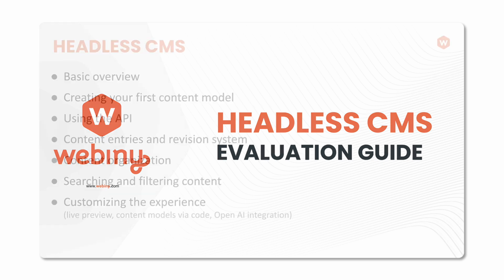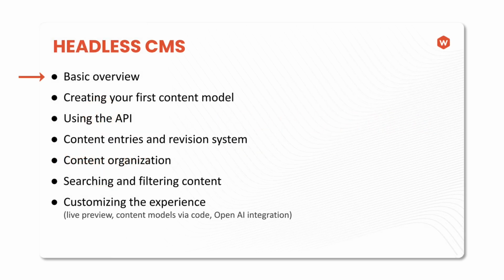CMS. We're going to start with a basic overview of the product, as well as create our first content model, just so you see how that experience looks like. Once we have the content model created, we're going to go over how you use the API, because creation of a content model expands that API. After which, we're going to create some content entries and look at how the revision system works inside the Headless